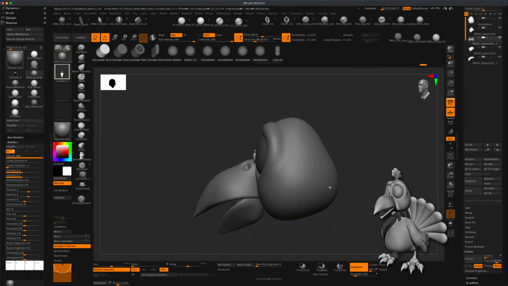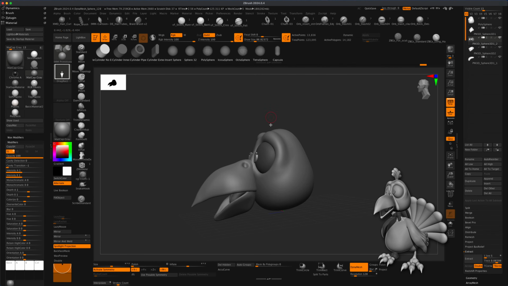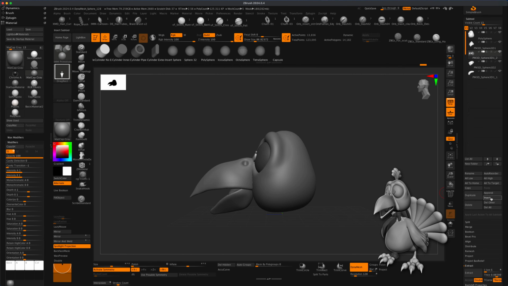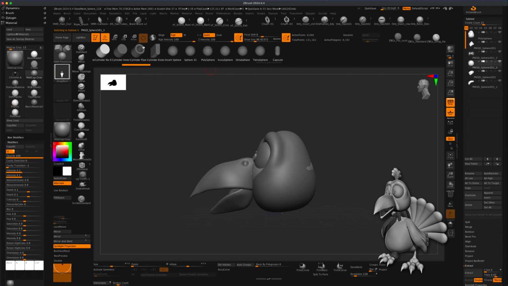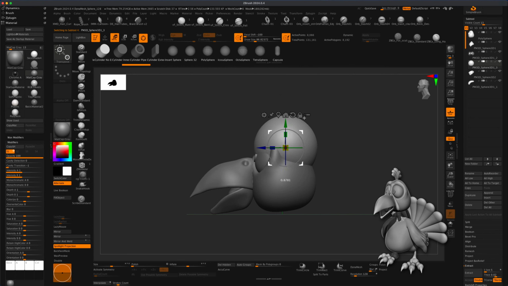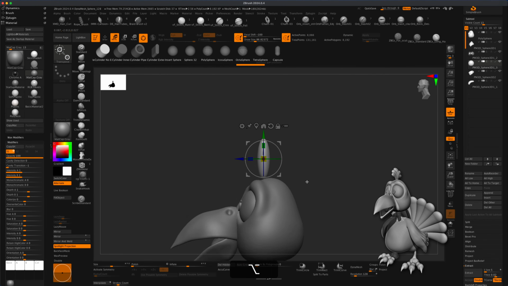I think that's pretty cool, and it's going to give us somewhat stylized eyes very quickly. Now let's add some floppy things on top of his head, just like a turkey's head. So I'm going to insert another sphere, that's fine. Jump out of the perspective view, grab our Move, and just do something like this. I'm going to scale this down and maybe make it a little bit longer, and just literally create like a mohawk,